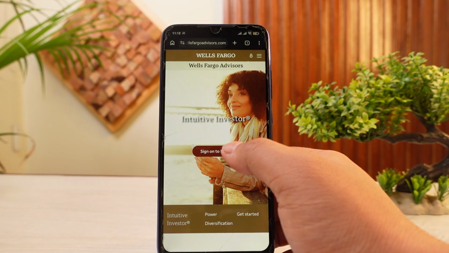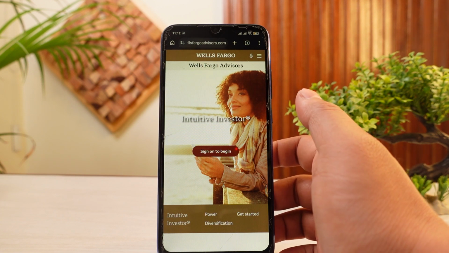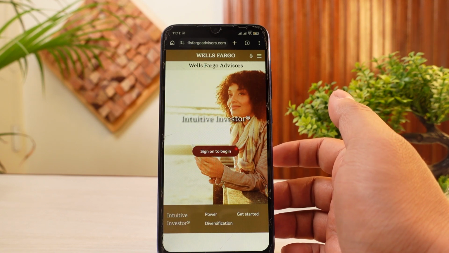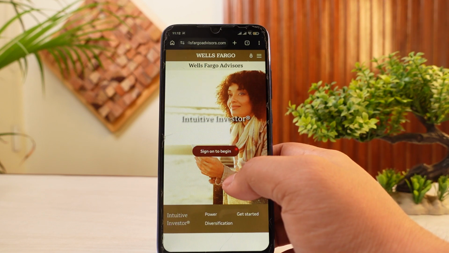Now, once you're inside of this section, as I said, you'll need to fill in a questionnaire, which includes your financial goals, your time horizon, as well as your risk tolerance. Once this step is complete, you'll need to fund your account with at least $500 and let the Robo advisor